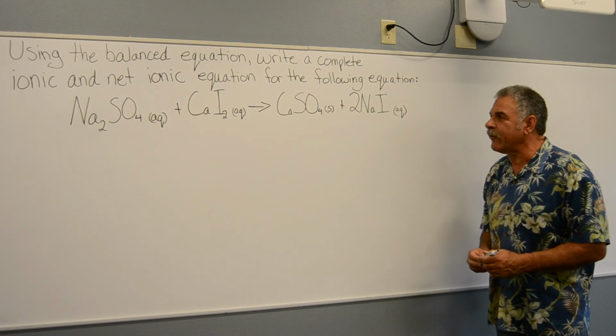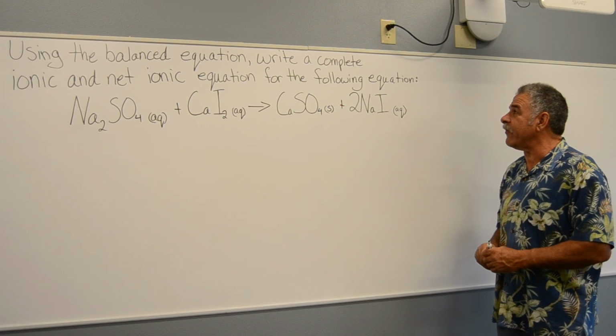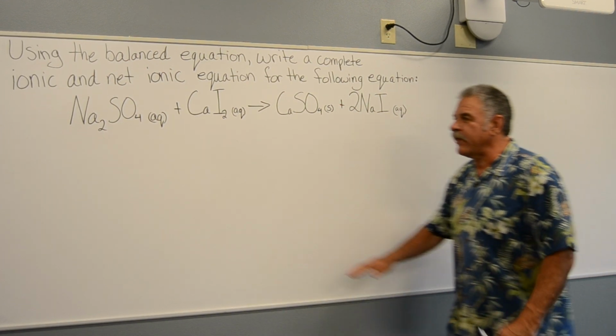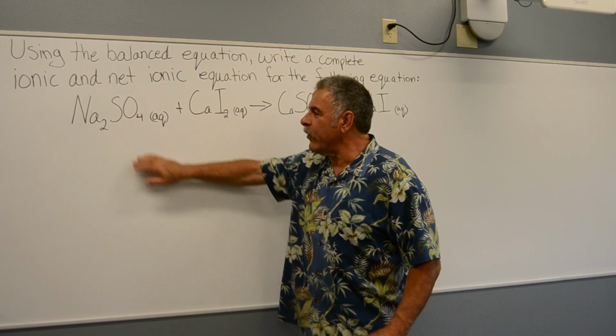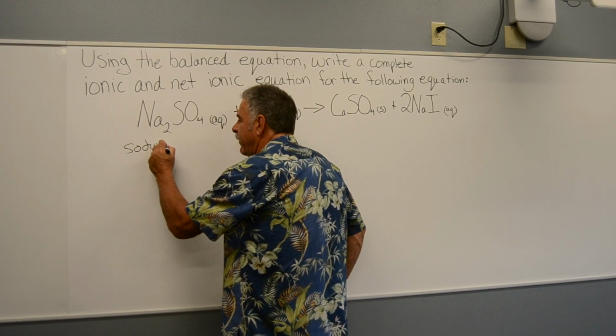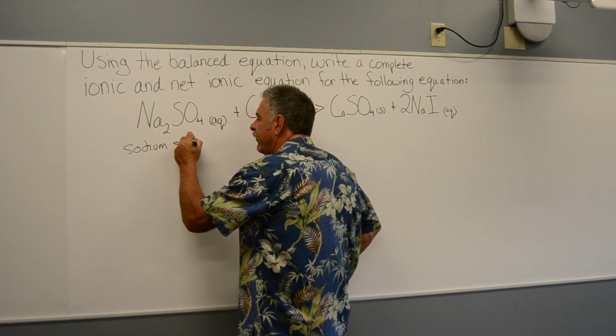Using the balanced equation, write a complete ionic and net ionic equation for the following equation. That's a lot of equation. But anyway, the equation we're looking at is sodium sulfate. Remember, we have to name these things. We have to be able to name them and use the name of the metal and then the polyatomic ion, sodium sulfate,